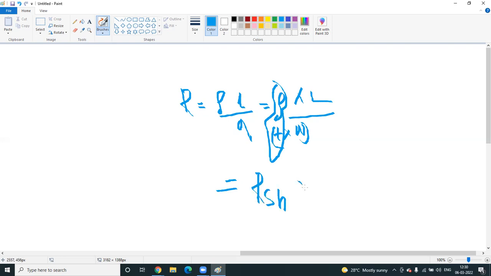S is for sheet, length by W. Every metal will give you a sheet resistance, and you multiply by the length and width. This depends upon your technology. So if resistance